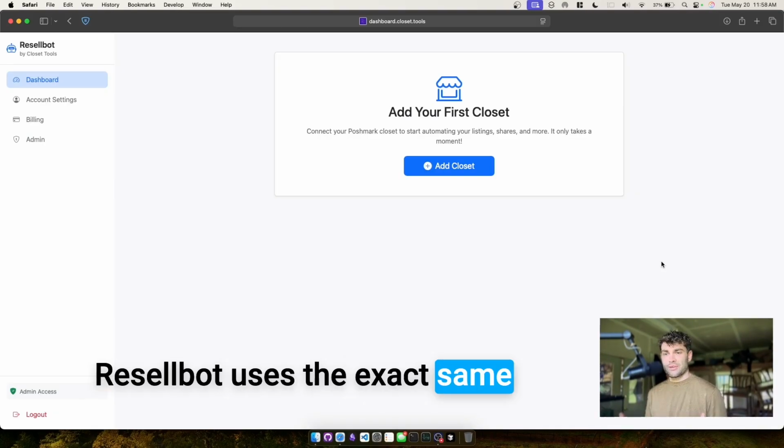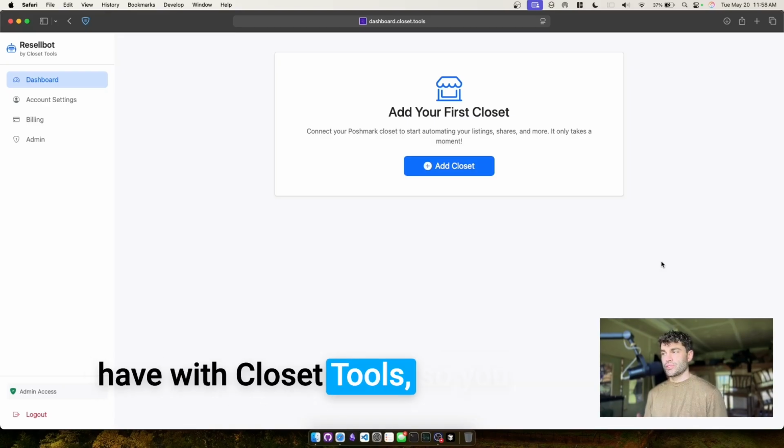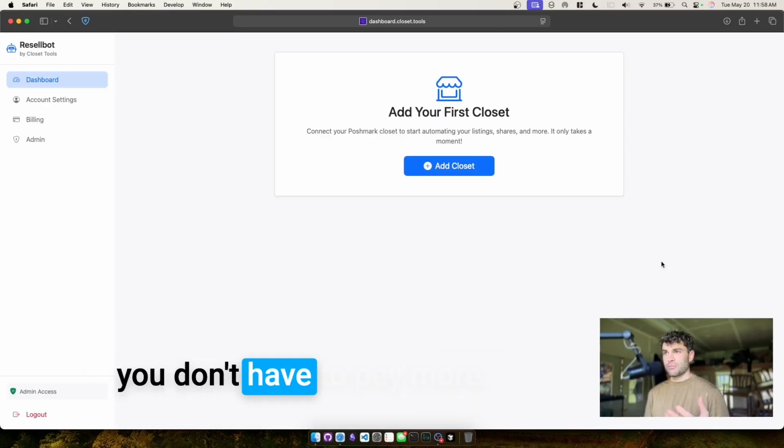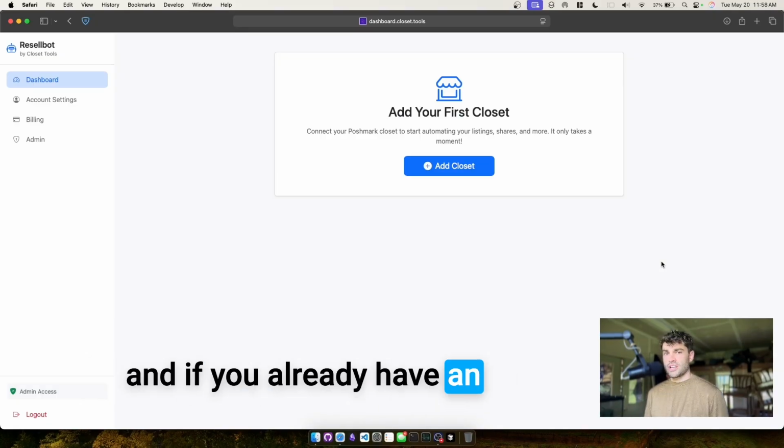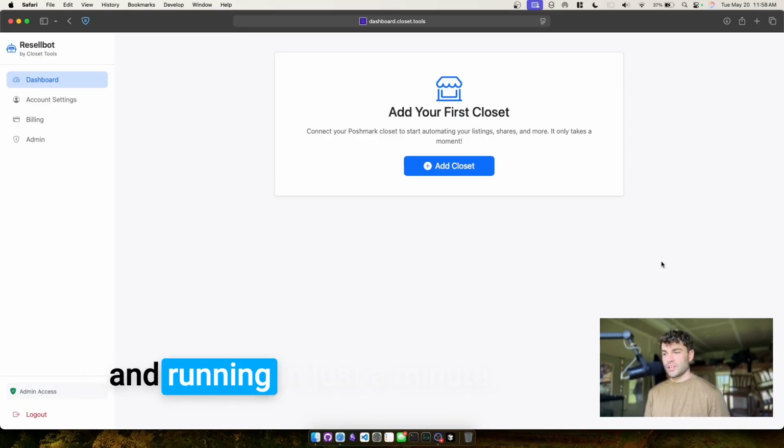Resellbot uses the exact same subscription that you already have with Closet Tools, so you don't have to add anything, you don't have to pay more. It just works. You can just add your closet. If you already have an account with Closet Tools, then you should be able to get up and running in just a minute. To get started, all you're going to do is go to